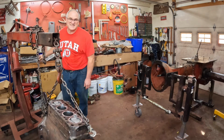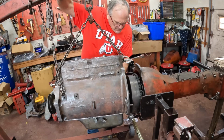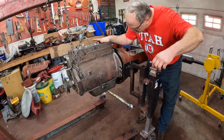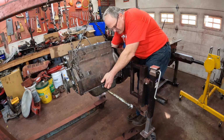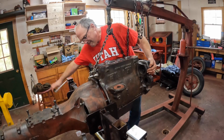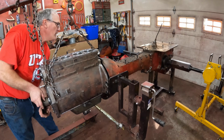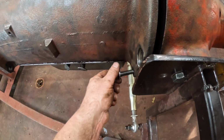You just got to get her into position. She has to go up a bit. We got to twist her a little bit, get the alignment dowel started. We got to feel for the pilot bearing and the clutch shaft. What's really nice about these splitting stands, you can do fine adjustment with them to get things to line up. Just waiting for the right feel here. Are we hooked up? Yeah, rear axles are turning. We're definitely in. Alignment dowels down there are started in their holes, so I can start putting in the bolts,